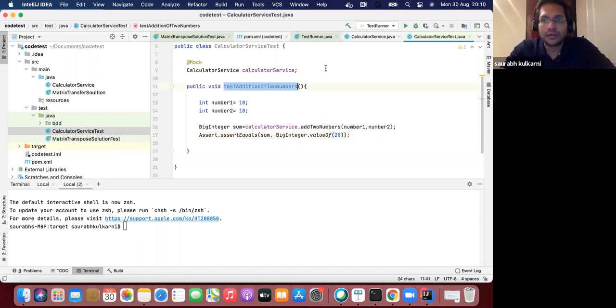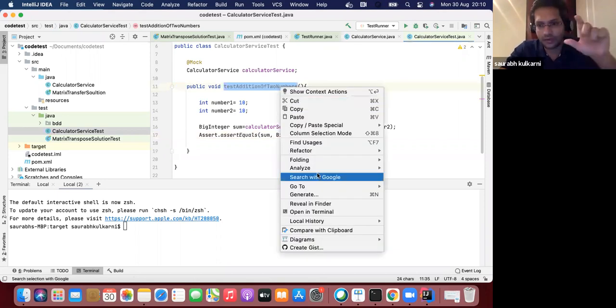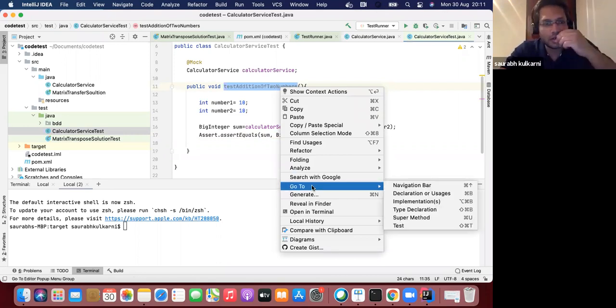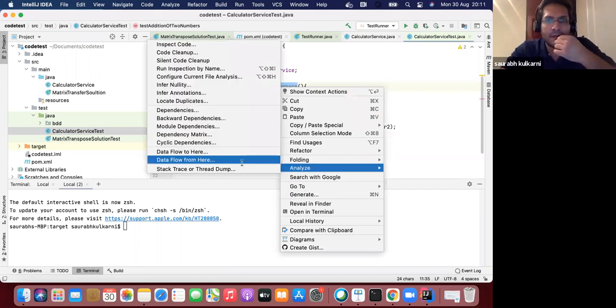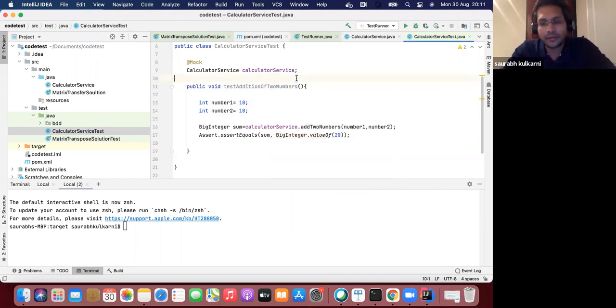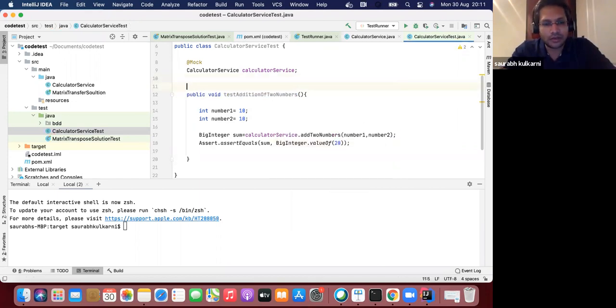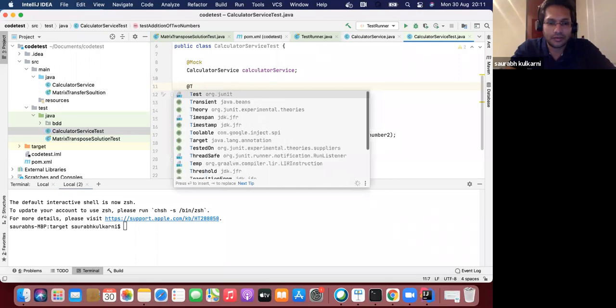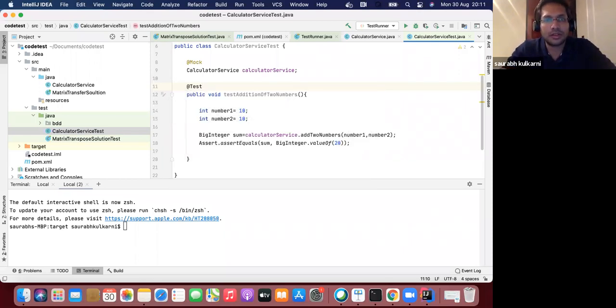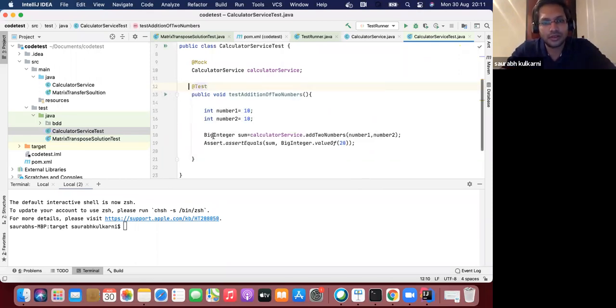So if I have to run this test now, this is the quick test we have written to test the addition of two numbers using the TDD approach. Because we have seen that these are the tools that we are using here, the test. Okay, so this is the annotation that we need to use on the test, which is @Test.